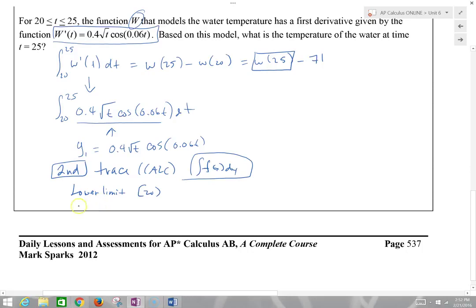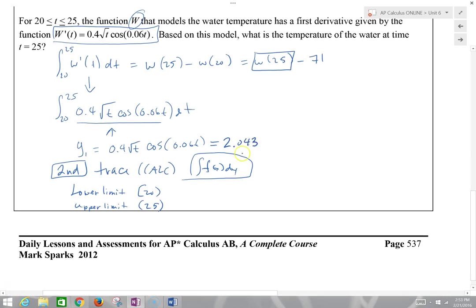And then ask for the upper limit, which is going to be 25. And then when you hit enter, it gives you an answer for the area under the curve, and it should even shade in the function. So it's kind of cool when you have a colored calculator to get a bunch of them shaded in. And we ended up with